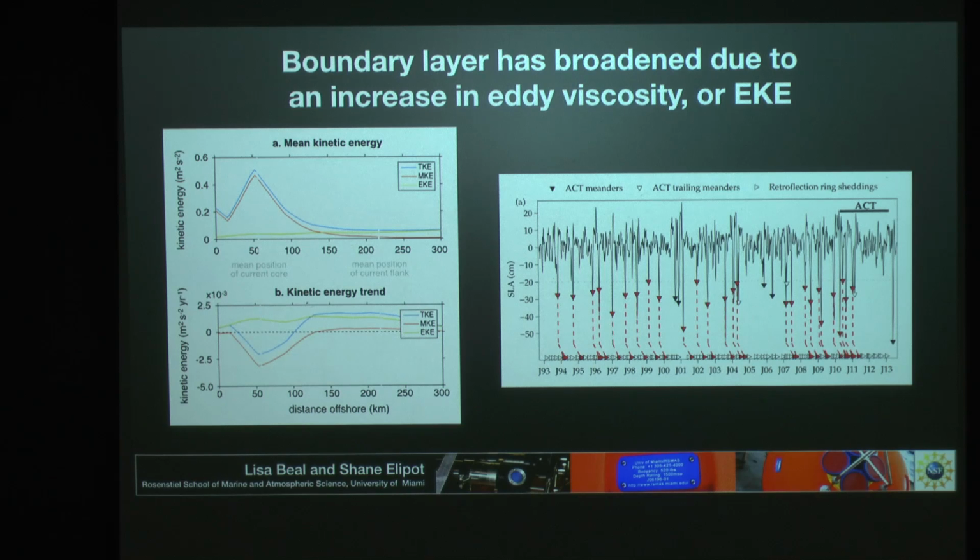So how do we understand a broadening of the current? Well, we can simply think about very simple dynamics such as a Munk boundary layer. If a Munk boundary layer is